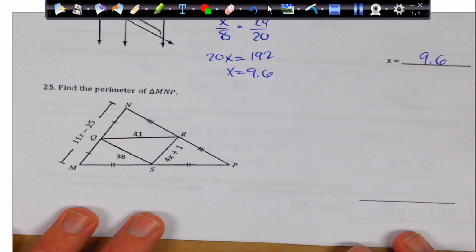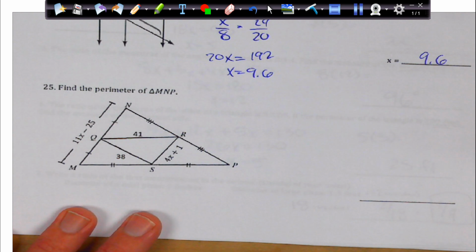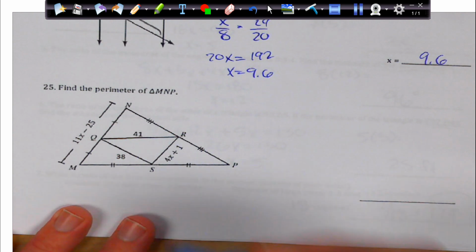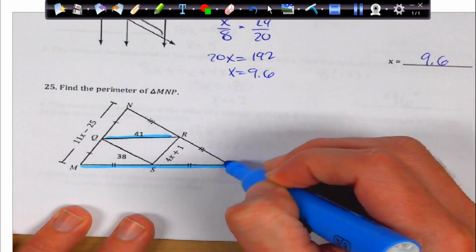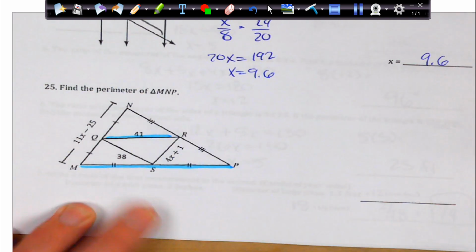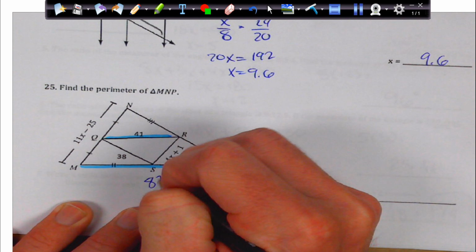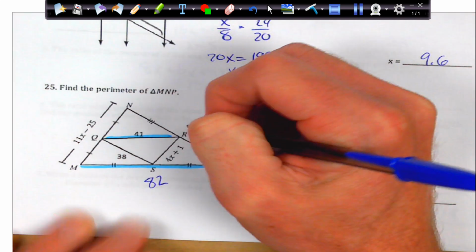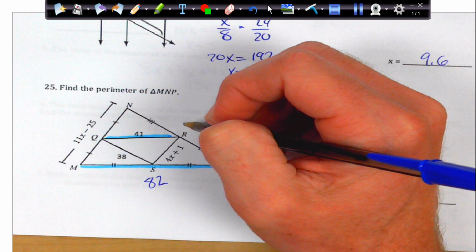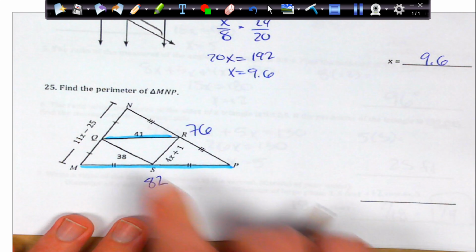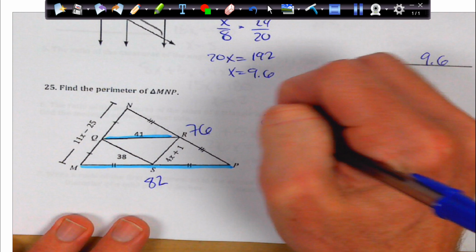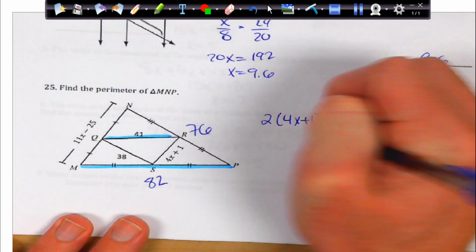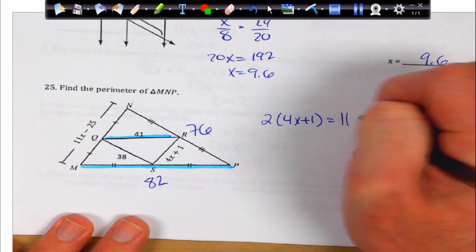Find the perimeter. Well, pretty easy when you have this number. These guys are going to be a 2-to-1 ratio. So if that's 41, this must be 82. That's 38. This must be 76. Now, the only one I don't know is that, so I have to solve for that. So if I double the small guy, which is 4x plus 1, and set it equal to 11x minus 25,